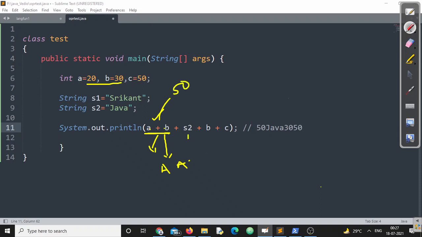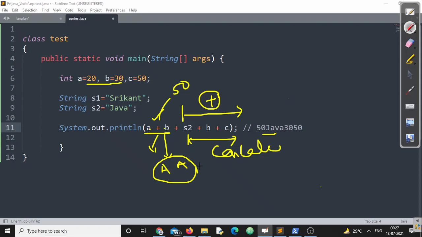Once it gets a string constant or string literal, from that point onwards the concatenation operator will be operated. I repeat, if there is one string operand, from that point onwards concatenation will be activated. Before that, arithmetic addition is activated. It is a combination of the arithmetic operator plus the concatenation operator. So this particular statement is valid, no problem at all.